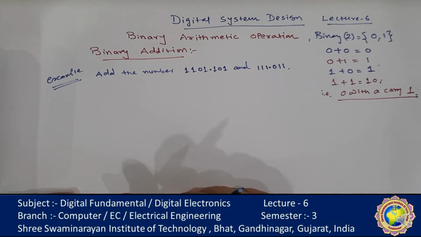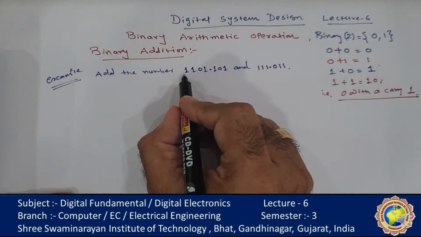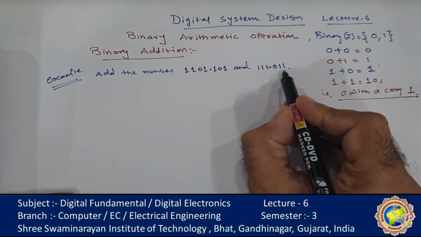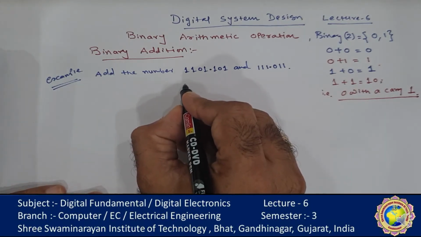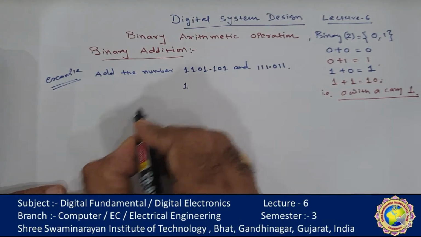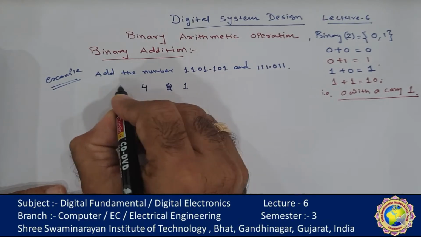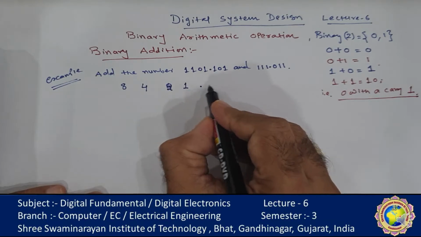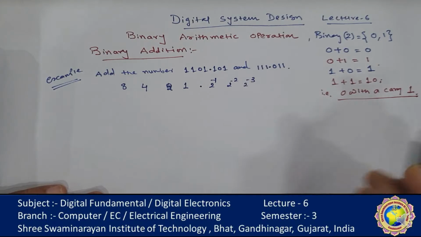So in the first there is a 4 digit integer part and 3 digit fraction part. In the second, 3 integer part and 3 fraction part. As we know that every point, let us start. The last bit has the weightage 1, the next bit is 2, 4 and 8. That is 2 raised to 3, 2 raised to 2, 2 raised to 1, 2 raised to 0, dot, 2 raised to minus 1, 2 raised to minus 2 and 2 raised to minus 3. This is the weightage or column number.